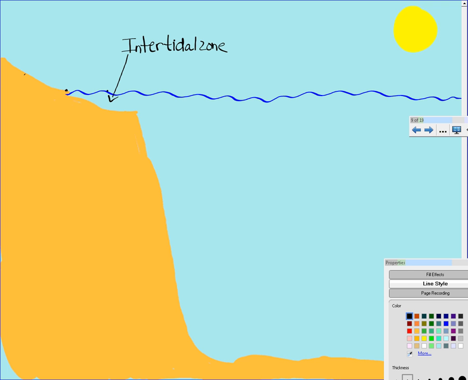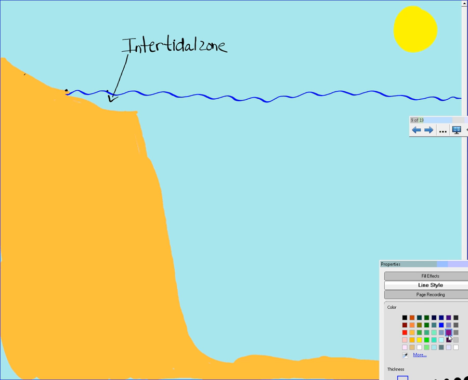All right? Okay, so let's talk about some of the organisms that live here. I'm not going to draw all of them. You can draw whatever one you feel like drawing, but I'll mention some of them. In the intertidal zone, you have stuff like seagrass. You have things like periwinkles. Those are your shells that look like that. In this area, you also have things like snails. There are herons that live here. So a heron would be